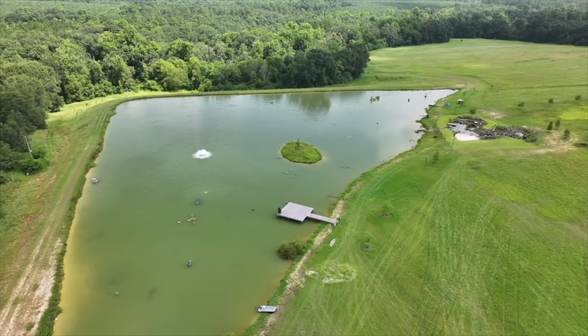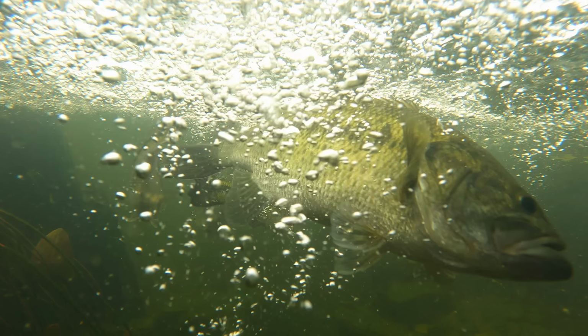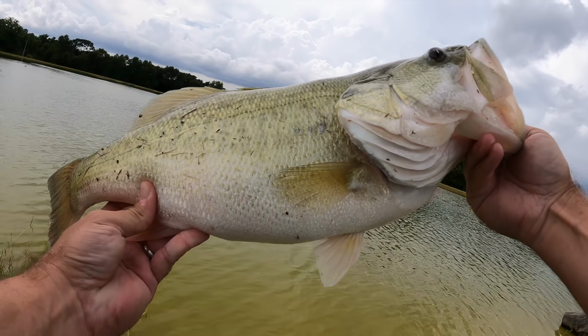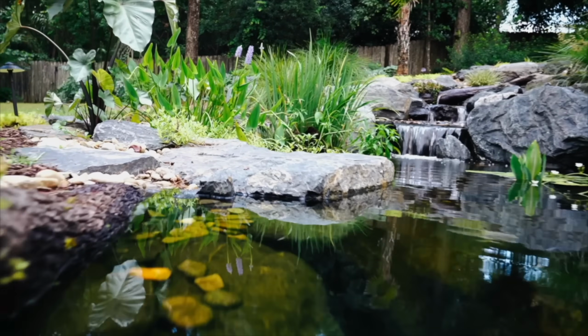Folks at home, welcome back to the Crimson Oak Pond, home of these aggressive tiger bass, and they are getting big. We caught the biggest bass we've ever caught out of the pond this week. You'll be seeing that here in just a minute. But first, we're going to be stocking some big crappie in the ponds, so let's make a quick trip to